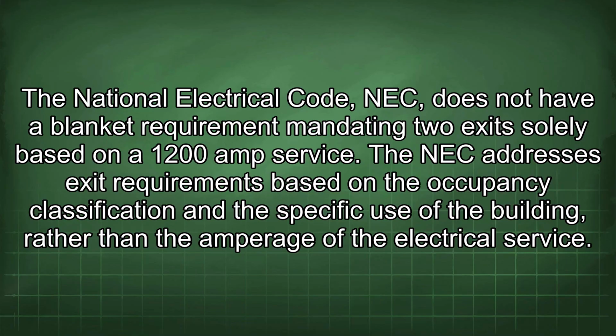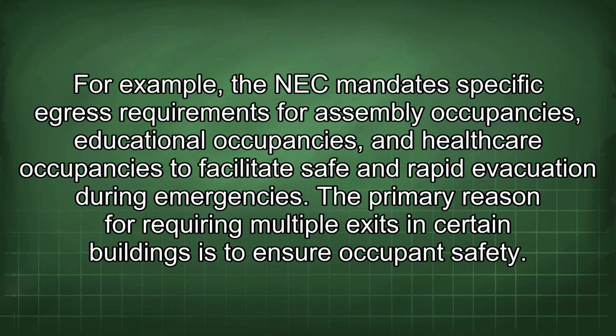The National Electrical Code (NEC) does not have a blanket requirement mandating 2 exits only based on a 1200 amp service. The NEC addresses exit requirements based on the occupancy classification and the specific use of the building, rather than the amperage of the electrical service. For example, the NEC mandates specific egress requirements for assembly occupancies, educational occupancies, and healthcare occupancies to facilitate safe and